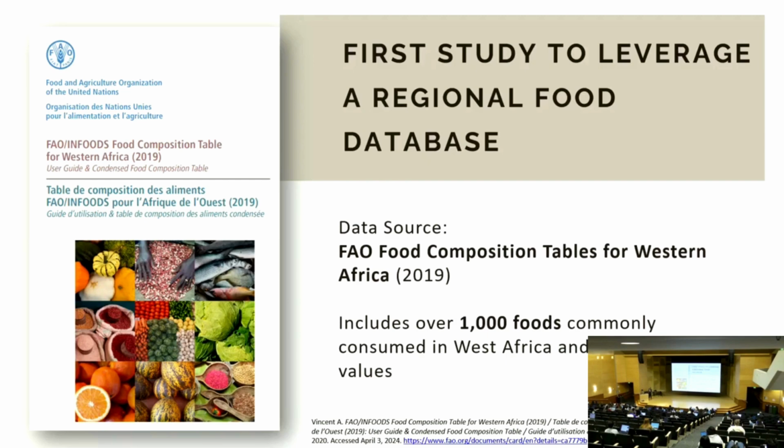And these tables are similar to what you might find in Food Data Central if you were to go on to the USDA website and query how many grams of carbohydrates in a carrot. It's a similar sort of database. There's over 1,000 foods that are local and commonly consumed. It includes a lot of indigenous foods for the West African region. And so my study was the first one to leverage exclusively one of these food and agriculture databases to test the question of this planetary health diet claiming to be universal.